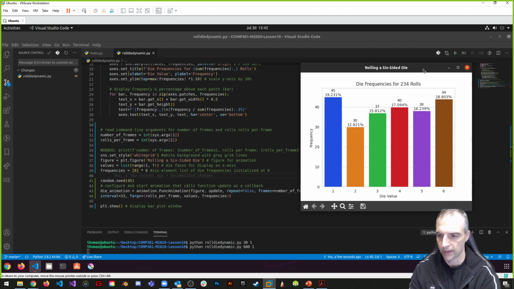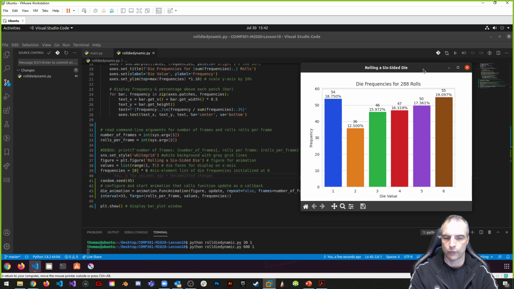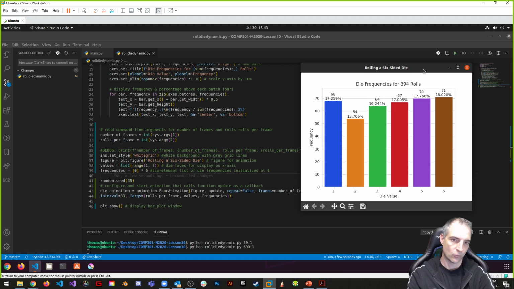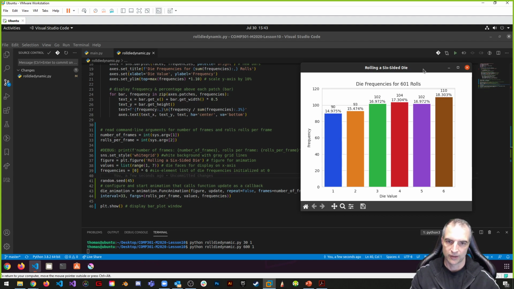If you used a random.seed 45, then the final frame number, which is at the 600 frame mark, 601 actually, is going to show the final numbers, whatever those numbers are going to be. Okay, but you can see how the frequency of rolls is going to be the point where we're going to see that same distribution that we saw last time. Look, 90, 93, 102, 104, 102, 110. Which, remember when we first did 600 rolls, it was roughly like this. Why? Because we have 110 sixes, the 6 is coming up more times than the 1 with this random seed